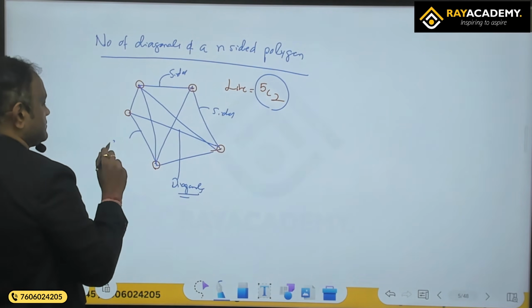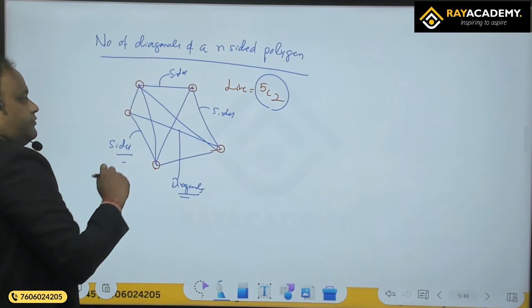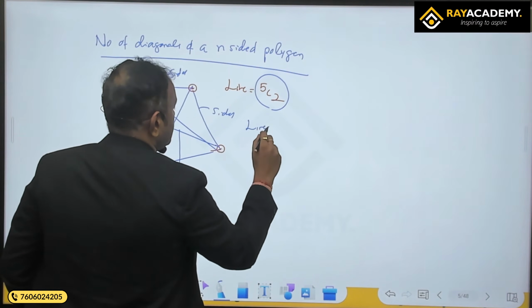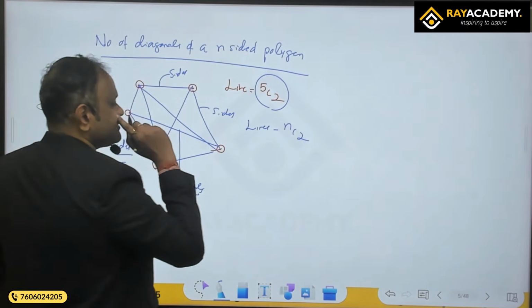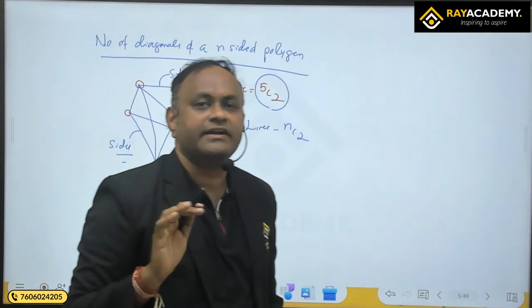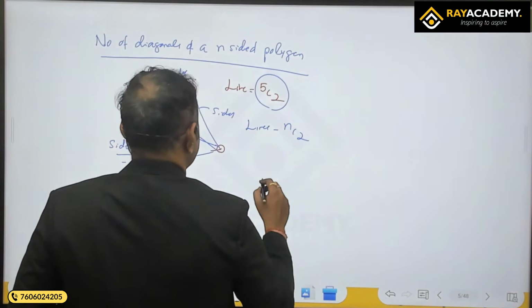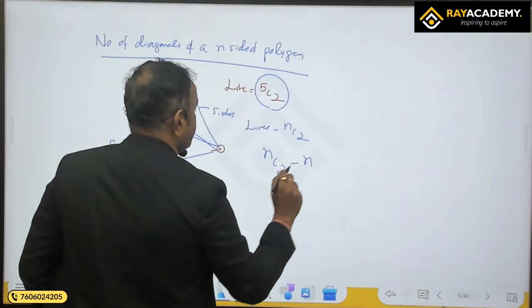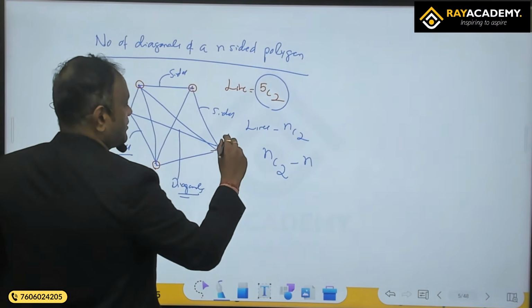These are sides. So if I take an n-sided polygon, lines will be nC2. In an n-sided polygon, how many sides will be there? n sides. So if I subtract the sides, the remaining lines will be only the diagonals. So number of diagonals is